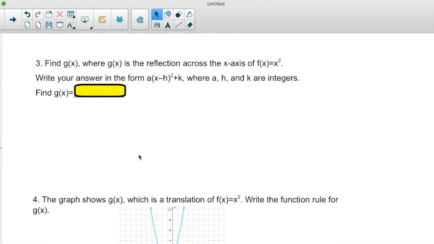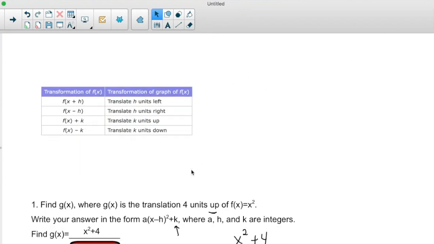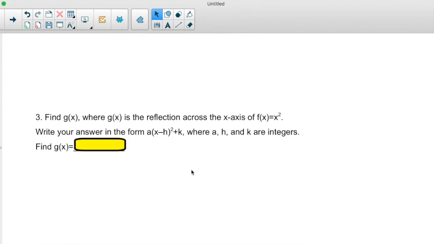Number 3 says find g of x, where g of x is a reflection across the x-axis. Okay, so then that means, just like at the top when we talked about a reflection, that means your a right here has to be a negative. So when we go back to the equation,